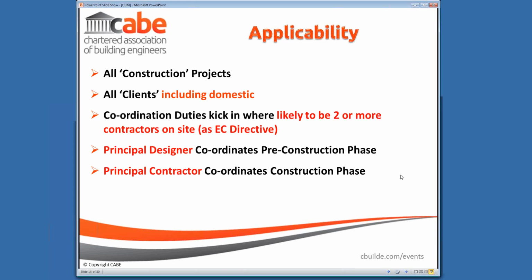And the regulations now place further obligations on all of those involved in the project, including domestic clients. Now, interestingly enough, it has been recognized that your normal domestic client, householder, will not understand the complexities of the regulations and will not understand what their duties are. So there's a sort of a default for domestic clients that their duties automatically pass to the main contractor, and we'll look at the implications of that in a moment.